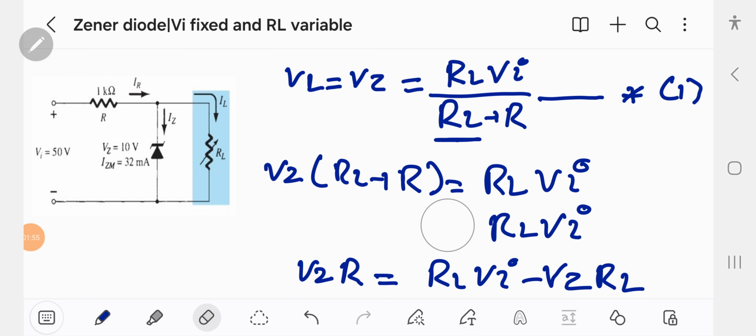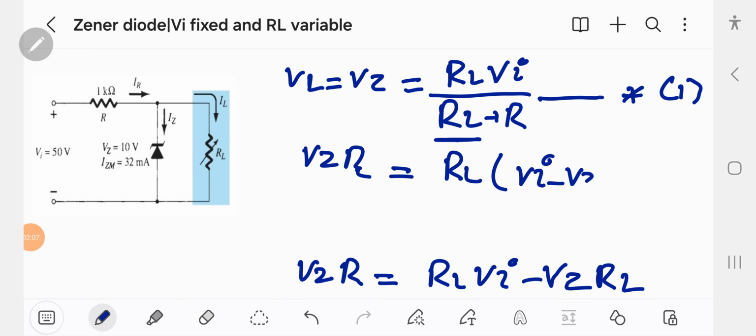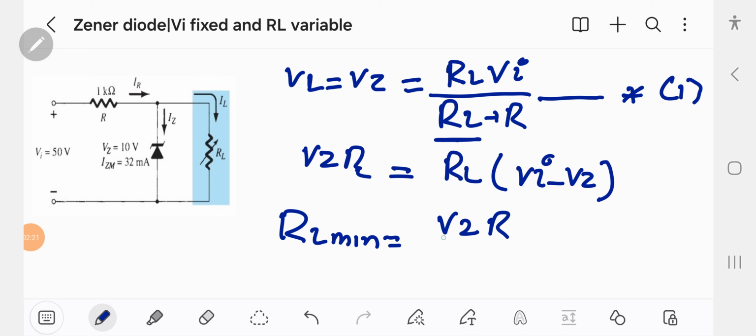Now, so RL minimum is actually equal to,